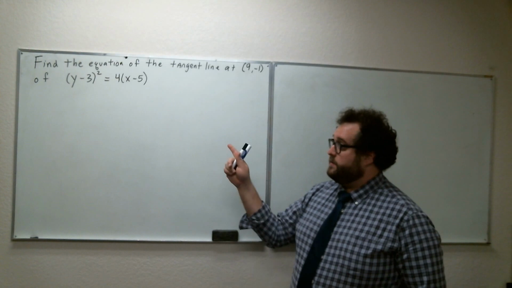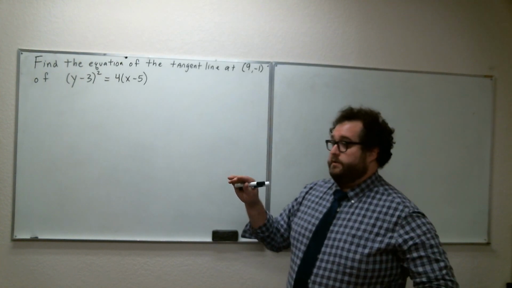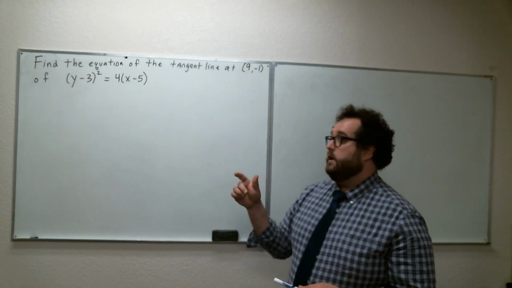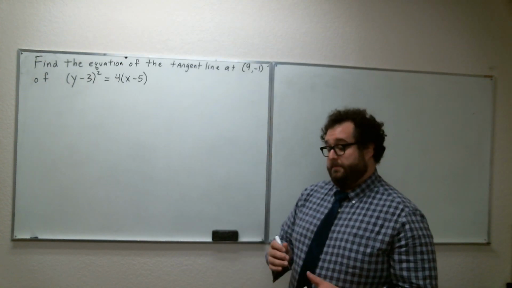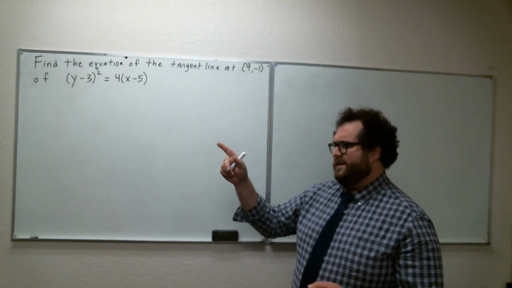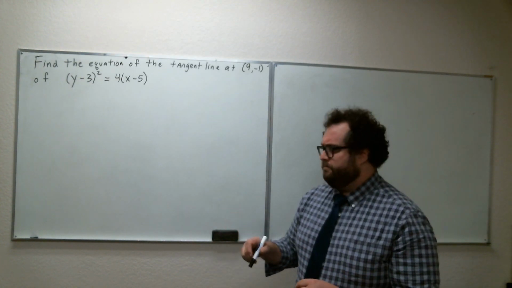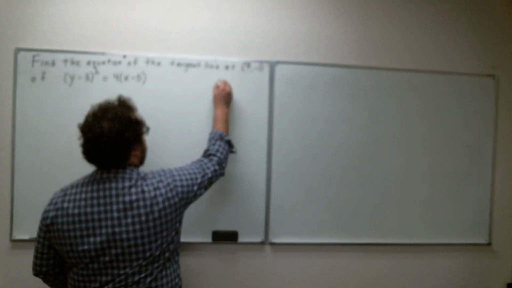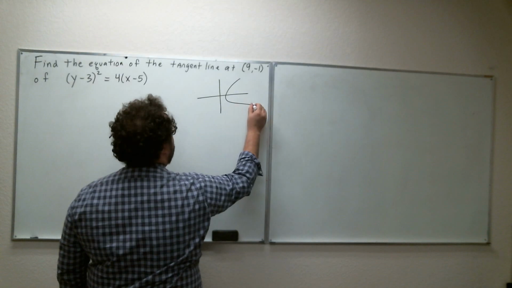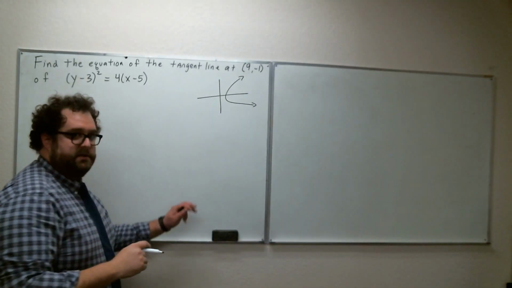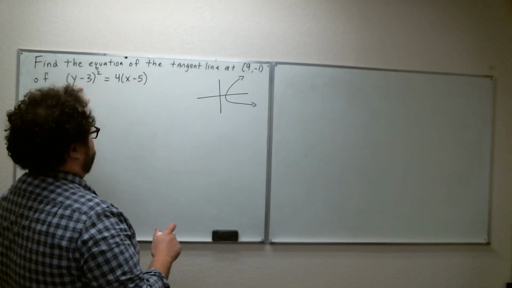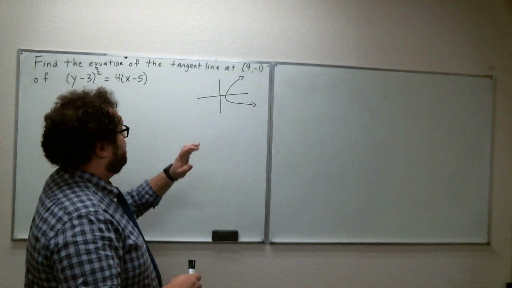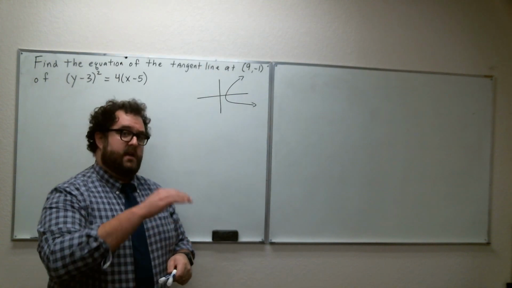The problem is if we solve that for y, we're going to get two explicit functions that define this one equation here. That is, the graph of this is like a sideways oriented parabola. So it's something like this, something like that. Without being too specific here, that's what this graph looks like. The problem is if we try to explicitly define this, we'll break it apart into two halves, an upper half